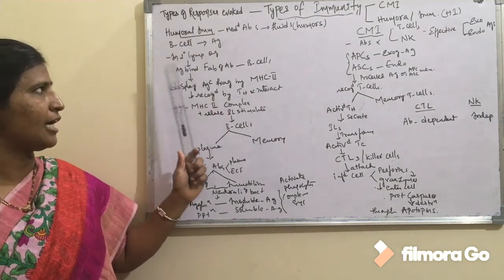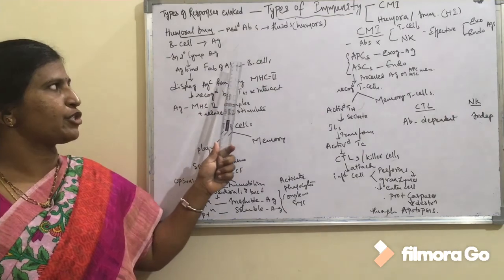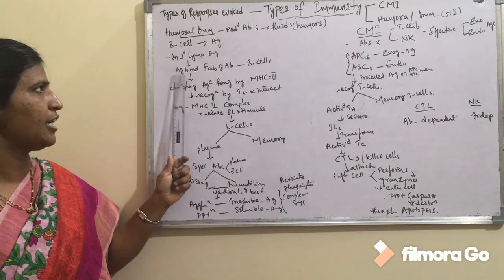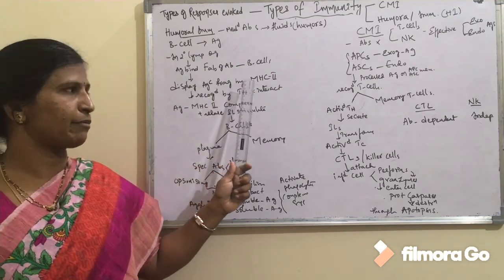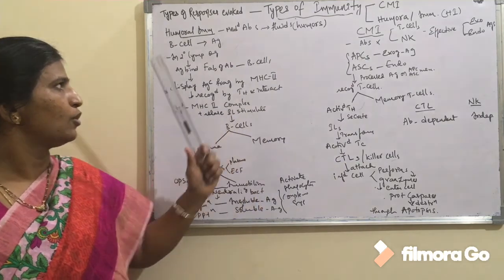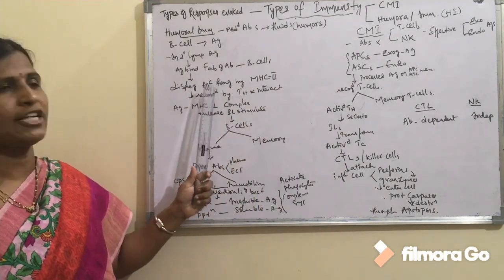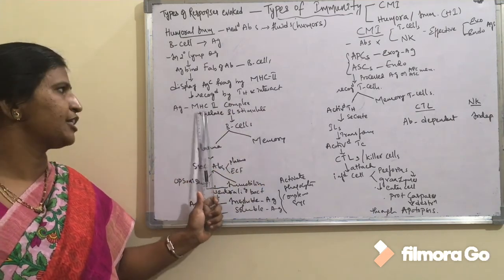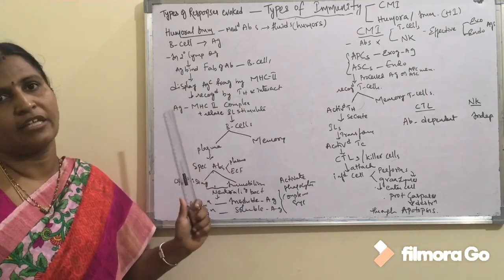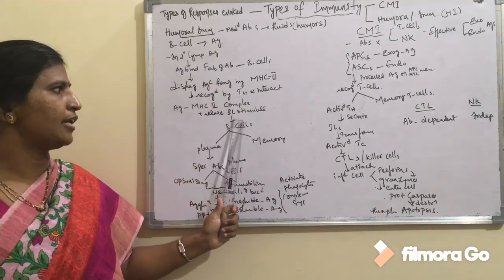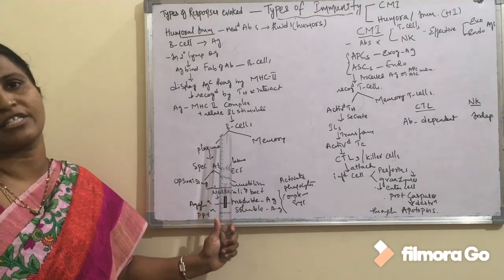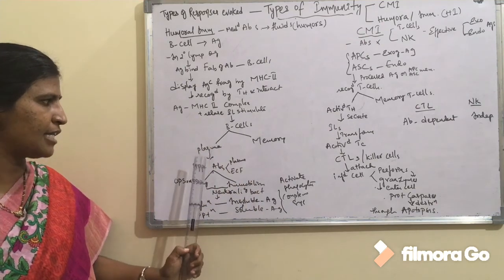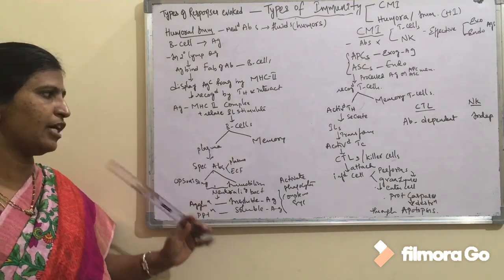In secondary lymphoid organs, antigen binds with the Fab portion of the antibody which are present on the B cells, and these B cells engulf the antigen and destroy them and display the antigenic fragments with the help of the MHC class 2 molecules. These are recognized by specific T helper cells, and they interact with the antigen and major histocompatibility class 2 complex, thereby releasing the interleukins, and these released interleukins stimulate the B cells so that B cells differentiate into plasma cells and memory cells, and the plasma cells release antibodies specific to the antigen